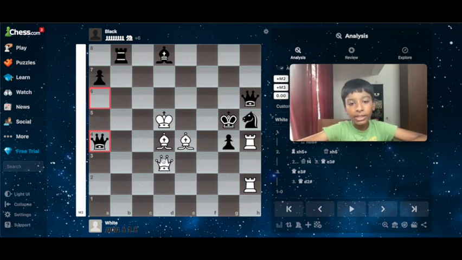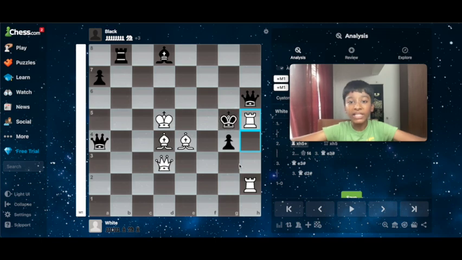Here, we can just play queen e3, and it would be checkmate if it weren't for the knight that could block the check. And yes, we can play queen e3, and after the knight blocks, we can take the queen because the knight is in a pin. But checkmate is much better than a queen. So, what do we play here? Rook takes h5 check.